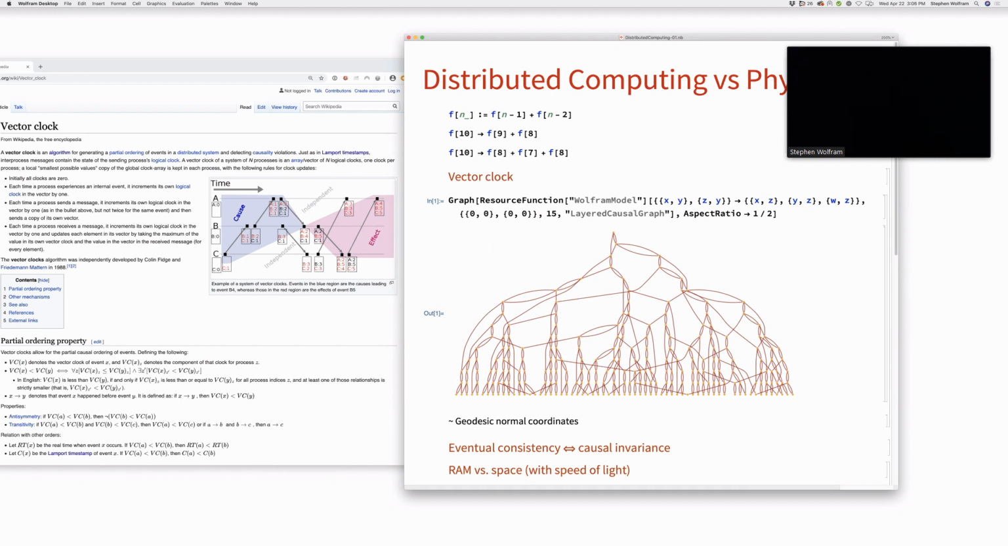And I think what we're talking about right now is this particular notion of vector clocks, which is a way of essentially maintaining a consistent time coordinate across a distributed system. Because in general, if we have a distributed system where we've got 10,000 computers that are doing things,